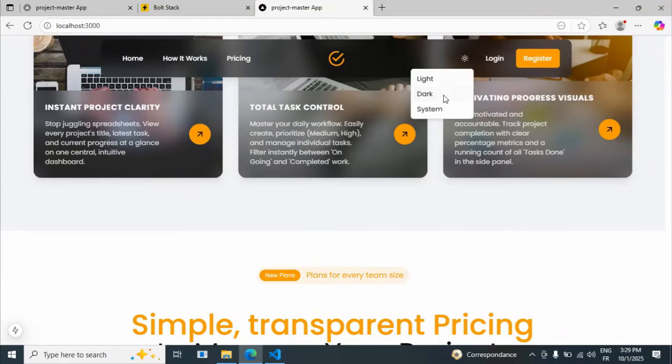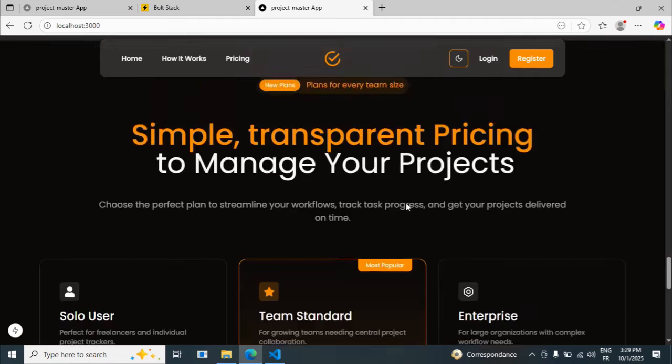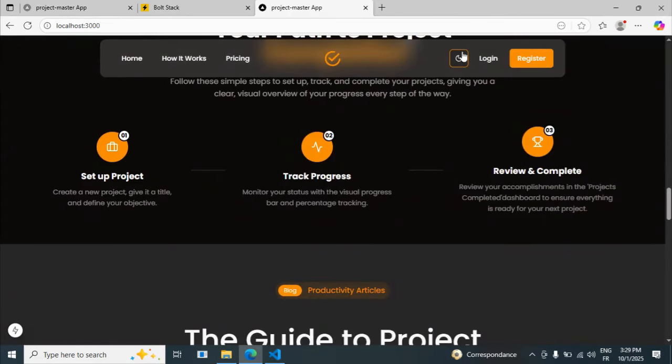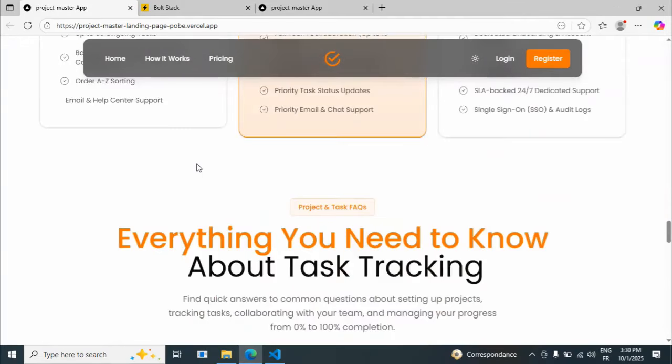And also if we turn the dark mode on, just to make sure that the colors are also good for the dark mode, as you can see, everything is working fine. So now we continue the pricing section. So if we go back